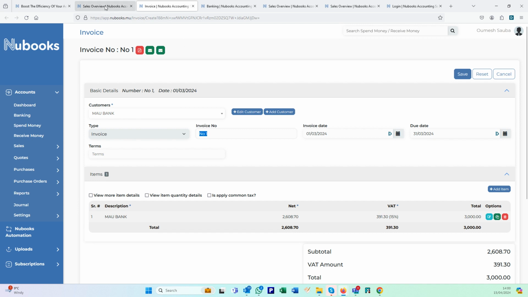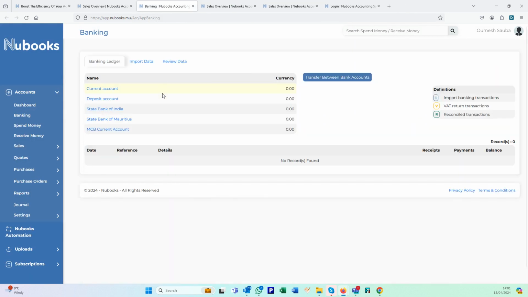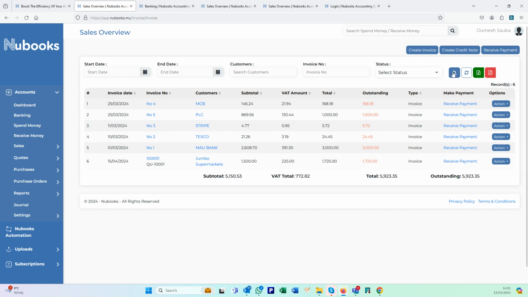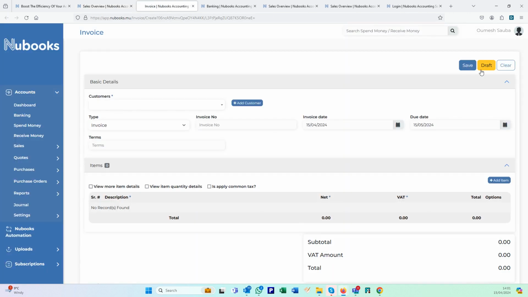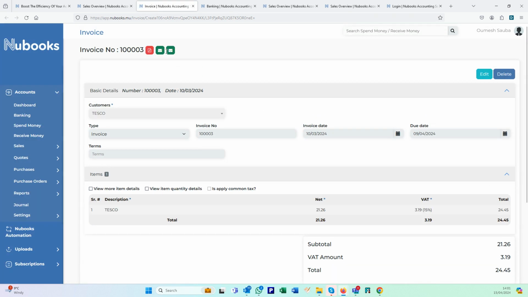So that should be 100002. That will be 100003. You have to be very careful when you do an invoice for MRA, because MRA will have